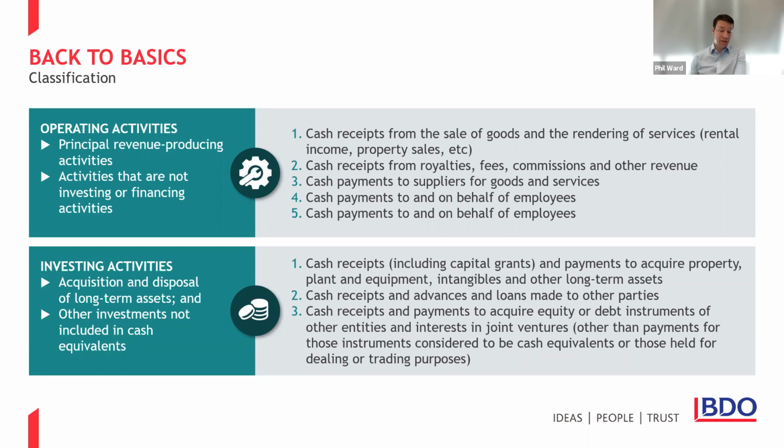Coming back to operating cash flows, these are those that result from the principal revenue producing activities of the organisation. So this would be cash receipts from the sale of goods and services. In the social housing world, that's rental income and outright property sales. Also payments to suppliers for goods and services relating to operating costs, payments to employees, and helpfully this is your kind of catch-all area as it consists of any activities that are not investing or financing activities. So they're the pots we need to work with.